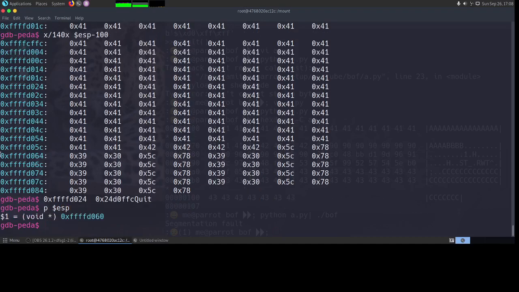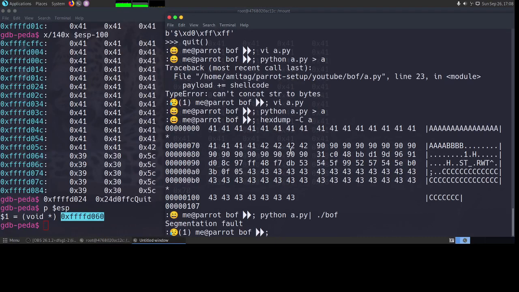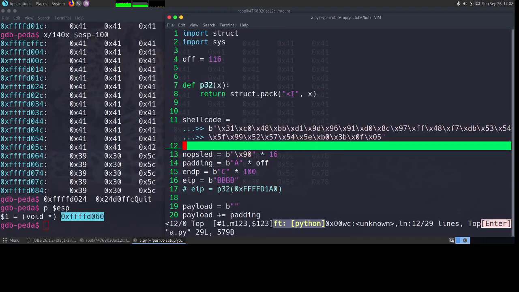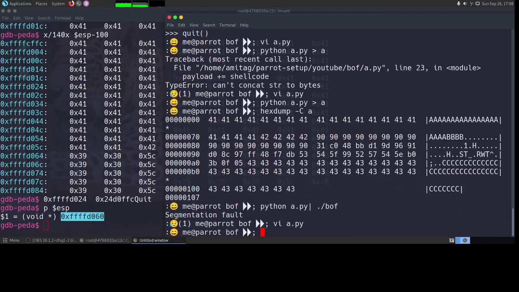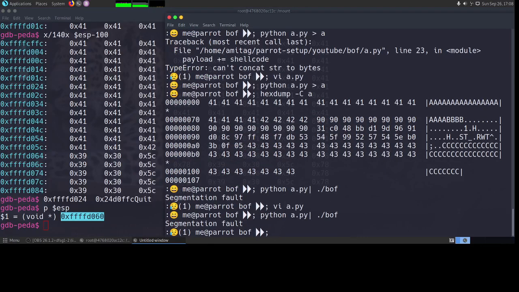As we discussed, this ESP will always remain the same because we have disabled ASLR. So now we can open a.py, go to EIP, and say that this is p32 of the address that we just copied, and then execute it again. But still we find that it is doing a seg fault.